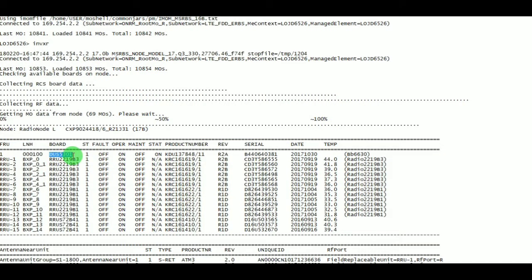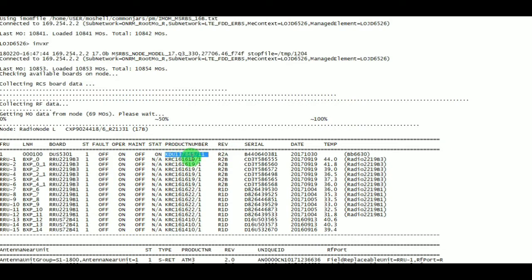The DUS 5301 is a software name, but the actual hardware is Baseband 6630. Then these are the LED indicator status on the baseband, that is fault, operation and maintenance. So we have only operational LEDs on, the remaining fault and maintenance LEDs are off, which means it is in good working condition.